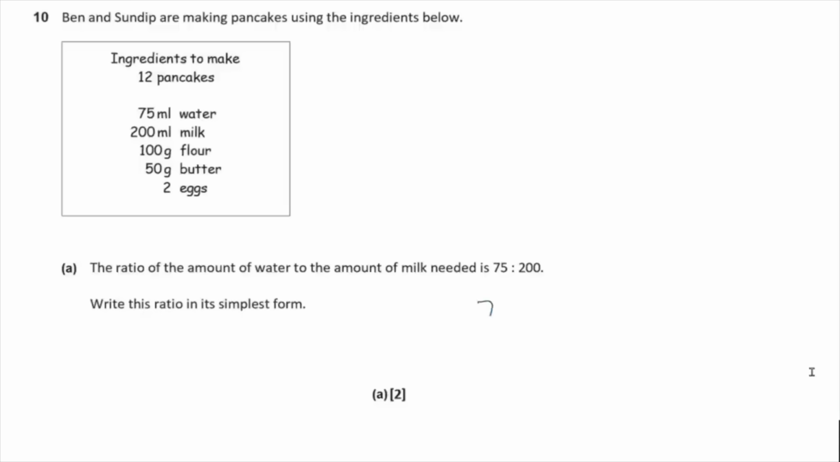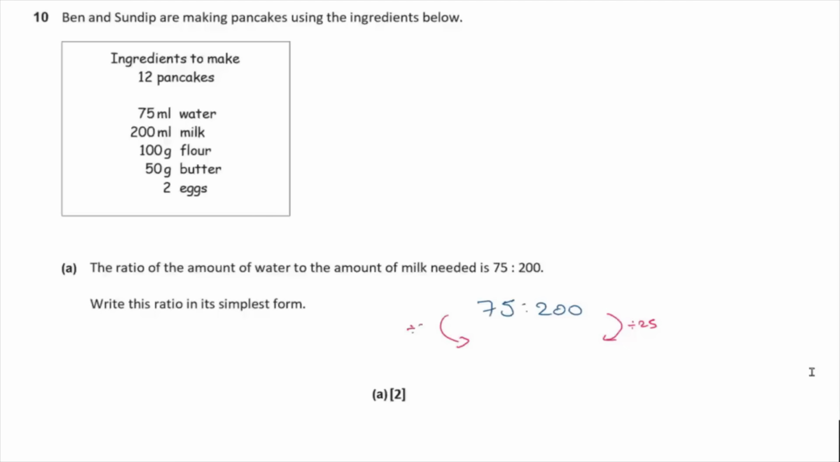So if I've got a ratio of 75 to 200, these cancel down pretty much the same way as fractions do. You've got to look for common divisors that you can divide through by. Now I know that 75 and 200 are both divisible by 25. So if I divide both sides by 25,